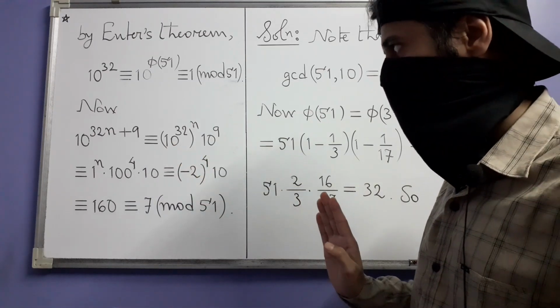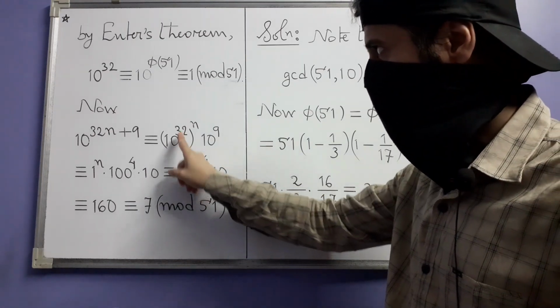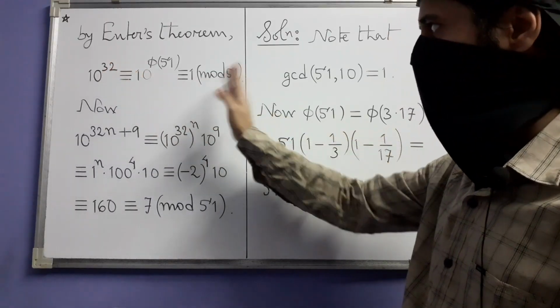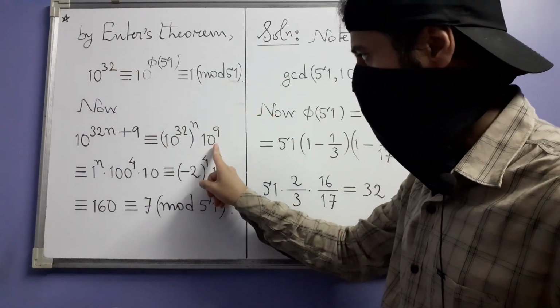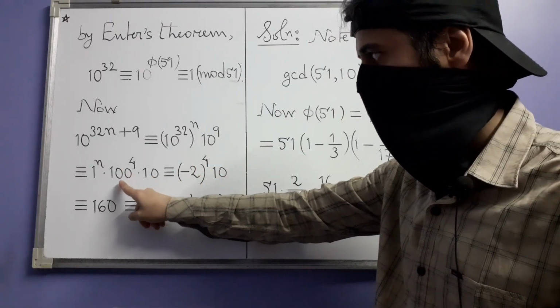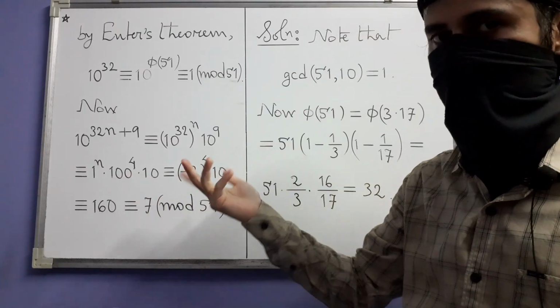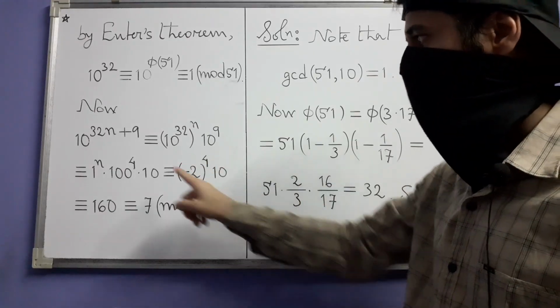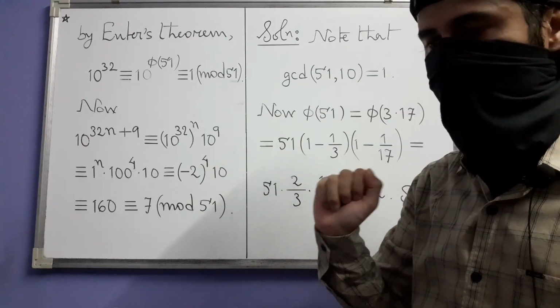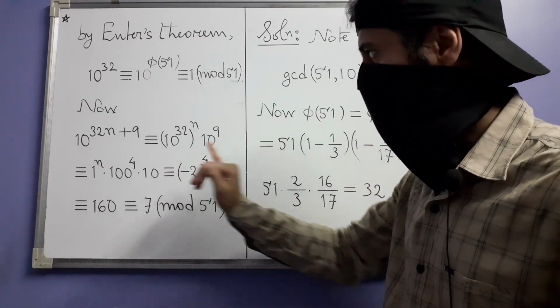But assuming that the modulus is 51, you can replace this by 1 because the 32nd power of 10 is congruent to 1. Times, we have also written it slightly differently like this: the fourth power of 100 times 10, which equals 10 to the power 9, because here we will get 10 squared to the power 4, 2 times 4 plus 1 is 9. Now it turns out that